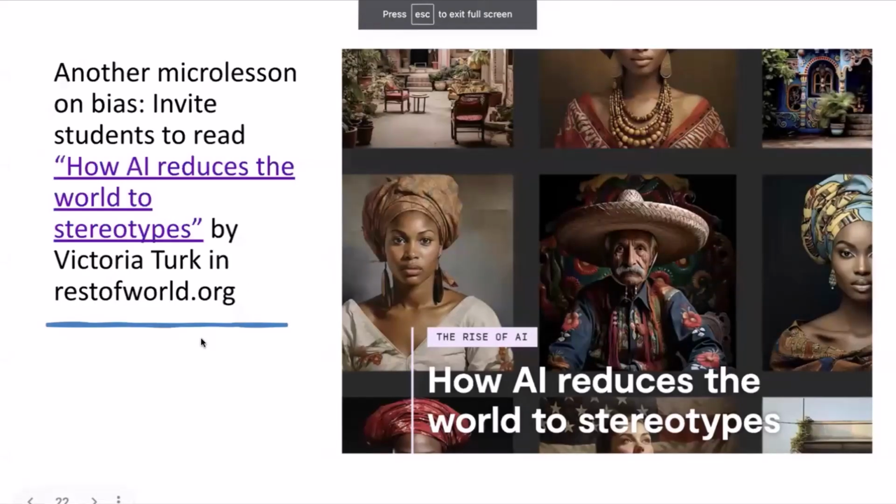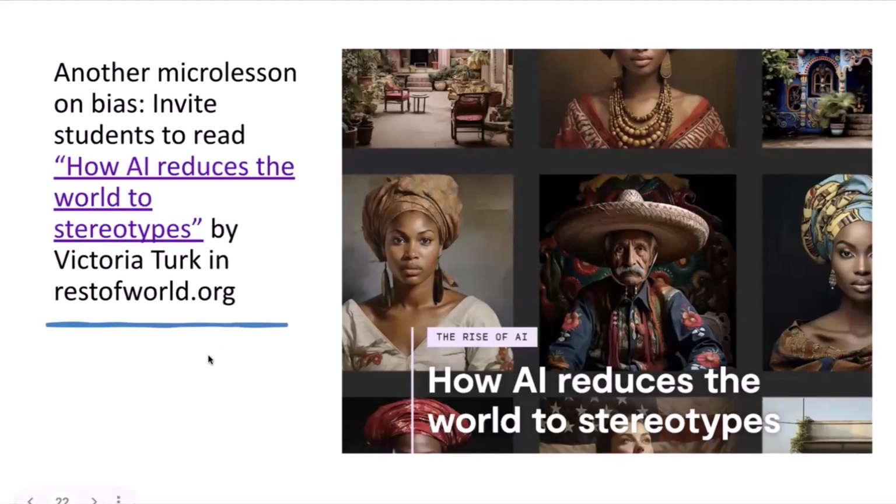So beyond those videos, there is a really wonderful article that also has great visuals, how AI reduces the world to stereotypes. This was from restofworld.org, and they prompted the AI image generator Midjourney, and they found that when you asked for a Mexican person, you got dozens of images very similar to this one in the center of a man with a sombrero in more traditional dress.